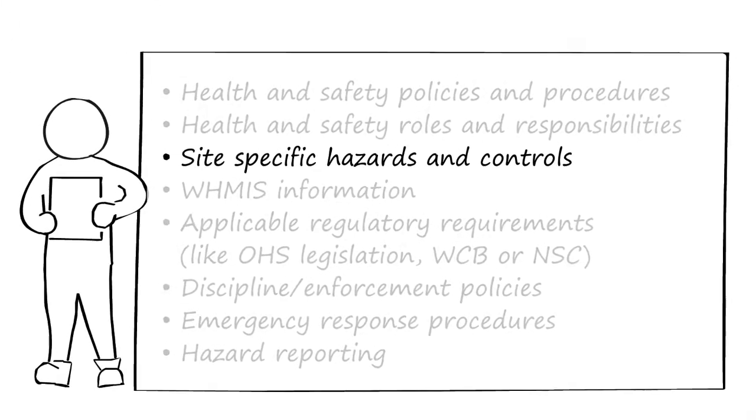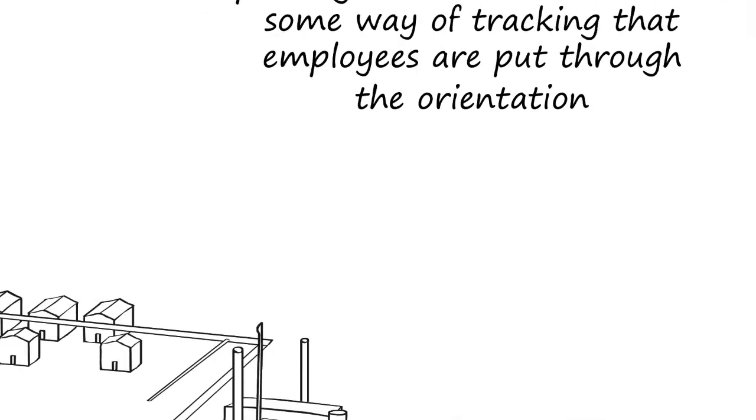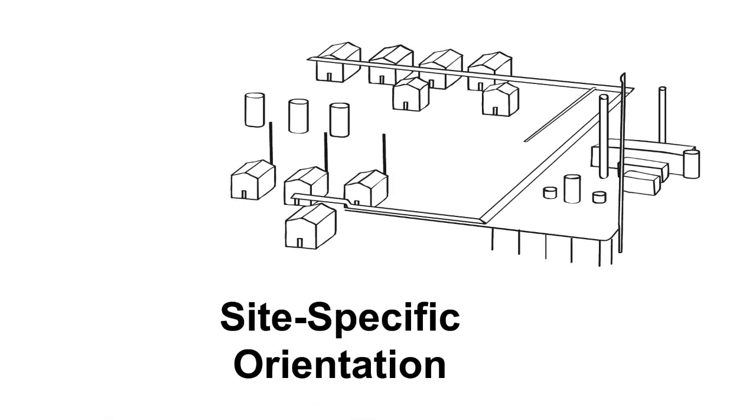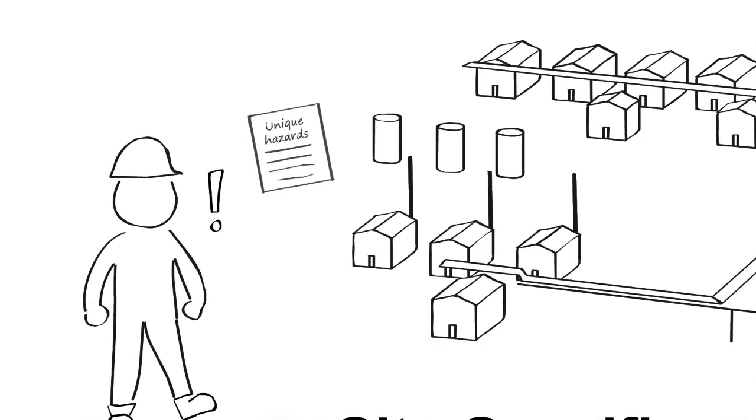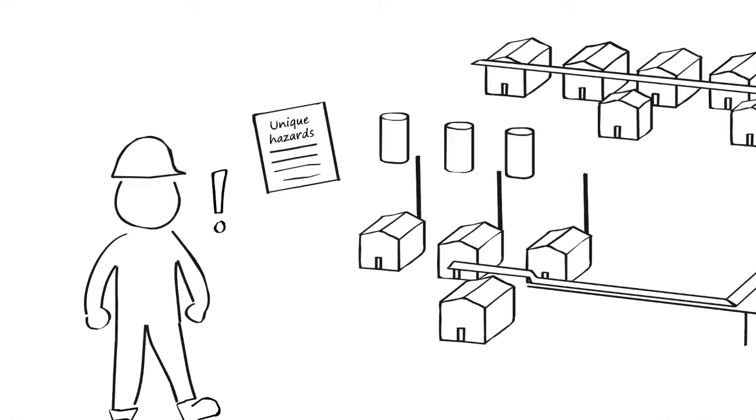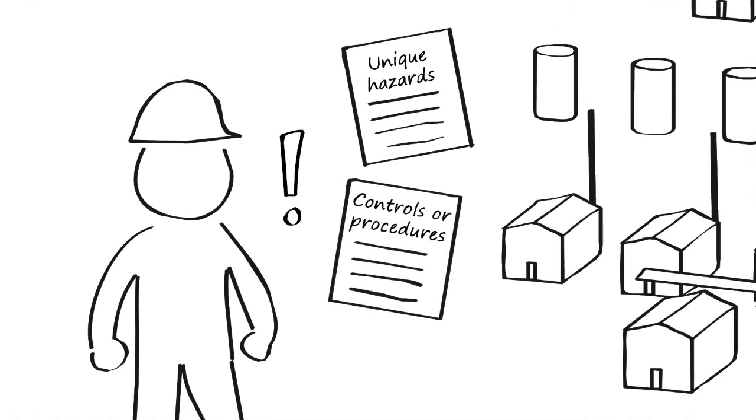You'll see that the third element in that list of orientation topics is site-specific hazards and controls. That brings us to the next concept, site-specific orientation. A site-specific orientation is when an employee who is new to a particular worksite is provided information on the unique hazards of that site. They should also be informed of the controls or procedures that are required as a result